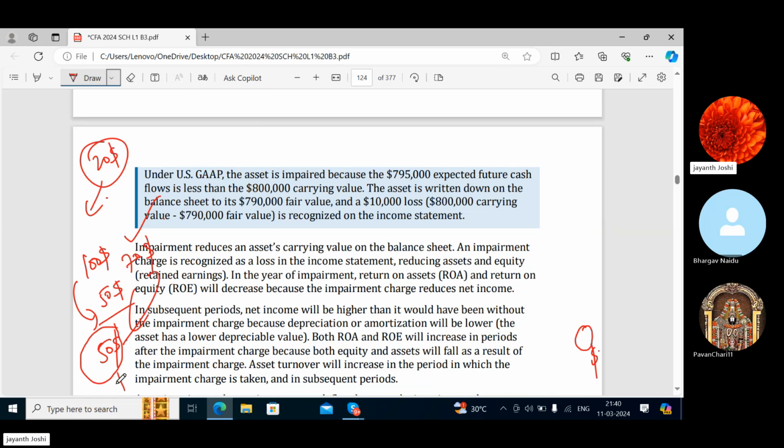Will you still show this asset in the balance sheet if you have sold it? No, you will de-recognize it. That means you will remove it from the books. There's no need to show that, because you have sold it and you have accounted the profit as well. And $70 goes in the cash account. That's it. Finished.